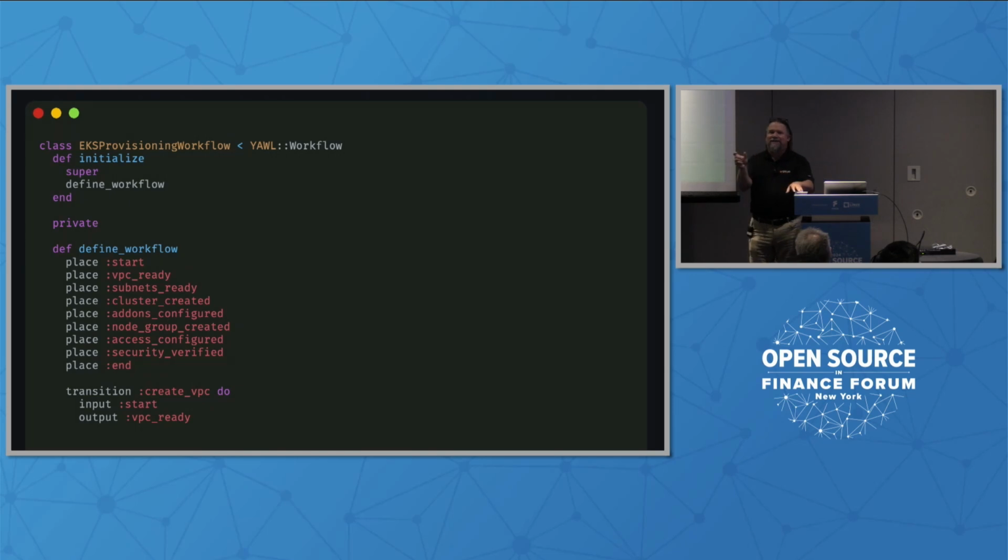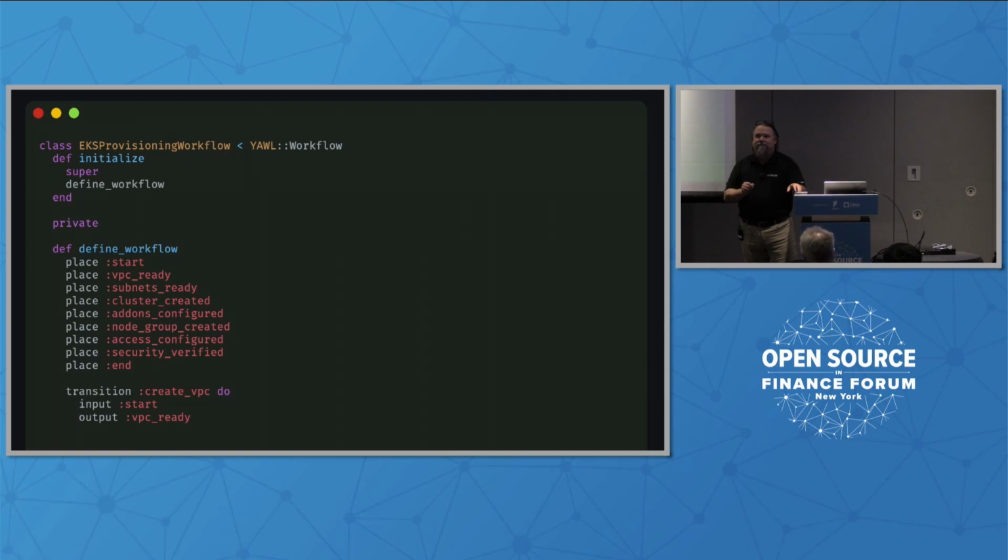There's no way for me to test when I create the VPC. There's no way for me to test that the VPC was created. I have to assume from Terraform that it is declarative, knowing that it's going to be provisioned, and then I can use that value in the next phase of the deployment. But there's no way for me to interject anything in between to validate that the VPC, yes, it may have been created, but is it using the right IAM profile? Have I configured the right security groups?